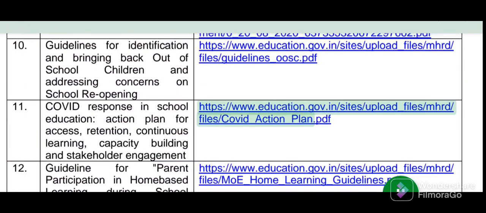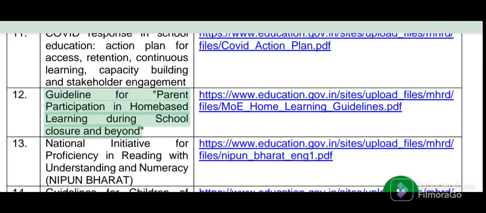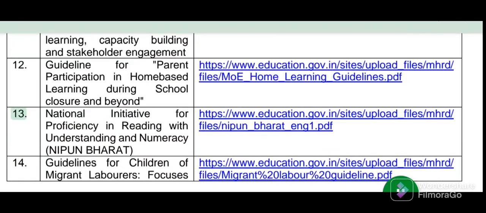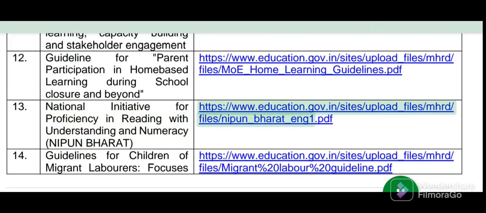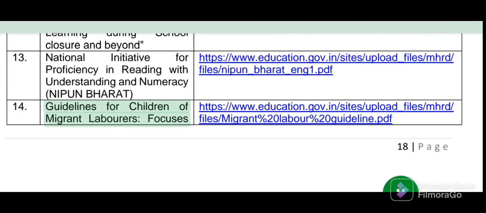COVID action plan PDF. 12. Guideline for Parent Participation in Home-Based Learning During School Closure and Beyond. 13. National Initiative for Proficiency in Reading with Understanding and Numeracy, NIPUN Bharat. 14. Guidelines for Children of Migrant Laborers, focuses